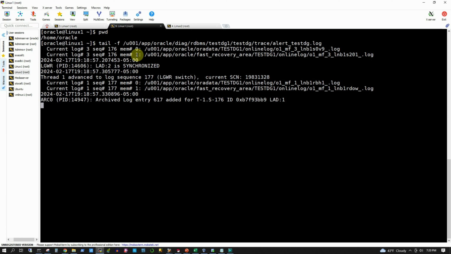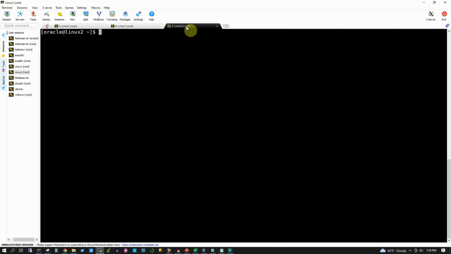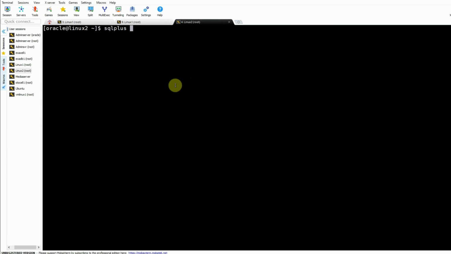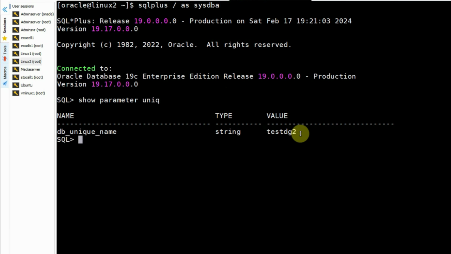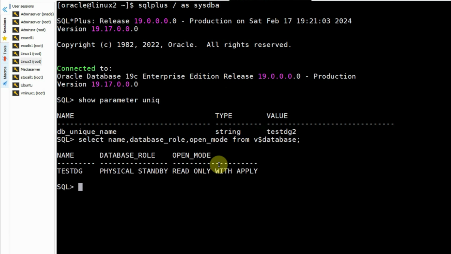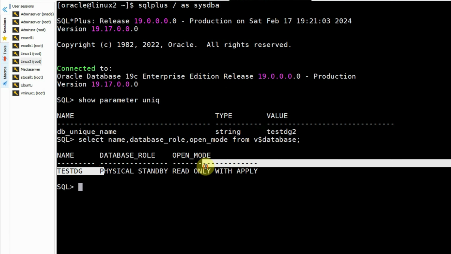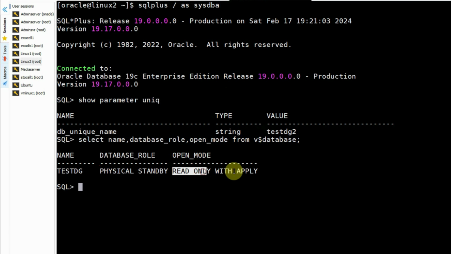Right now nothing is happening. Now I will go to the standby server, connect to the standby database as sysdba, this is our standby database. Let's check the database role and open mode. We see this is the physical standby, and currently it is open in read-only mode with apply option. So I will shut down the database,